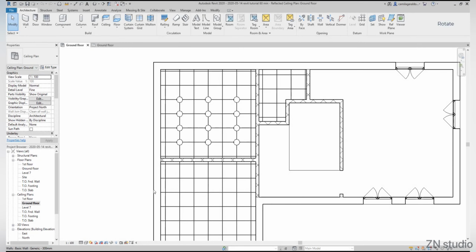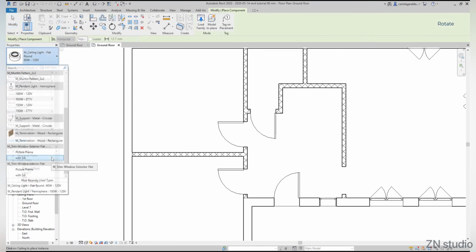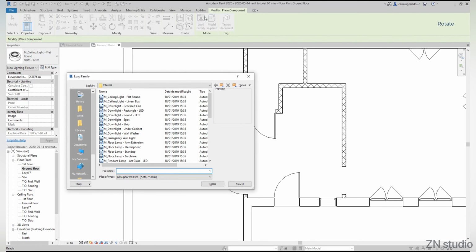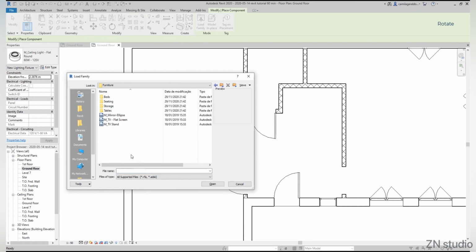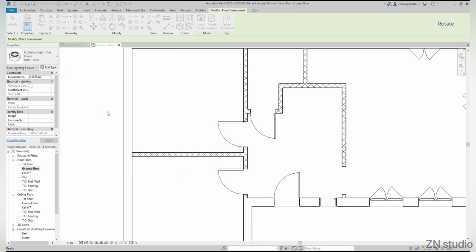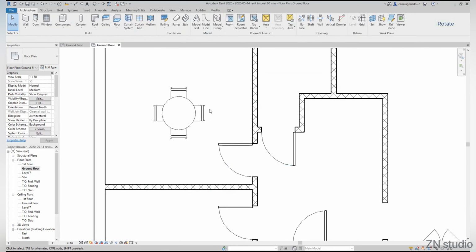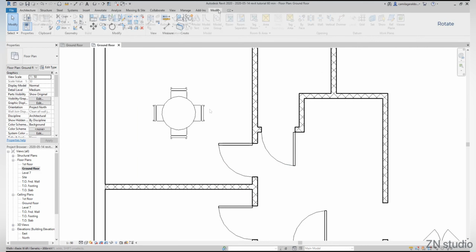Rotate command. Elements can be easily rotated here in Revit. I'm going to the ground floor, and let's insert different components this time. The furniture objects. I'm going to load family and search for the furniture objects and insert one of the tables that we've got here. Let's put it in this room, and to use the rotation command, click on Modify, command Rotation,